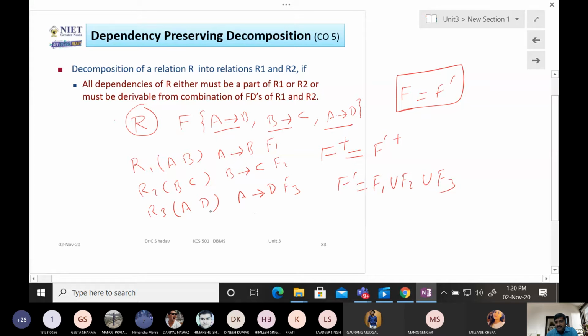So in the GATE examination, generally the question is of this type, that by seeing you can't identify whether dependencies are preserved or not. By seeing you say no, dependencies are not preserved, but if we find out the canonical cover, then you will see that dependencies are preserved. Did you get it?